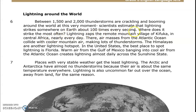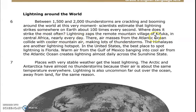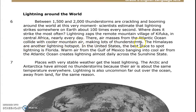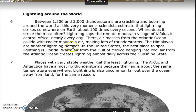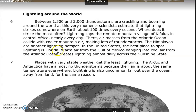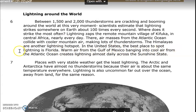Lightning zaps the remote mountain village of Kifuka in Central Africa nearly every day. There, air masses from the Atlantic Ocean collide with cooler mountain air, making lots of thunderstorms. The Himalayas are another lightning hotspot. In the United States, the best place to spot lightning is Florida. Warm air from the Gulf of Mexico banging into the cool air from the Atlantic Ocean creates lightning almost daily